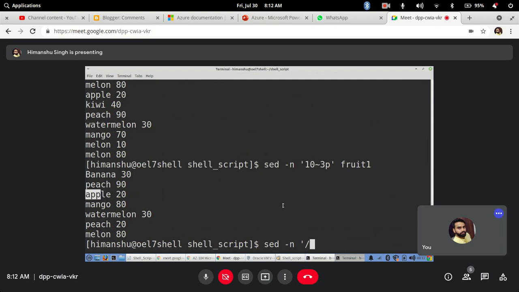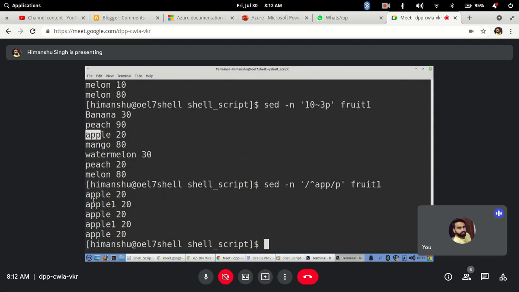I am saying starting with, so to start with you use the caret sign that we have seen in VI also. Caret sign, and let's say I search with APP. Then give a forward slash, then p, and p is for print. The p we are using is for printing on the screen, then the file fruit1, enter. So it will show all the lines that are starting with APP.